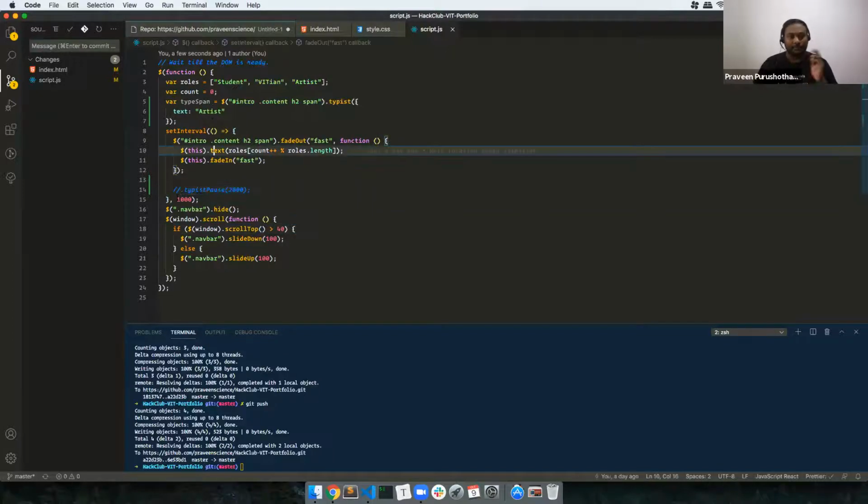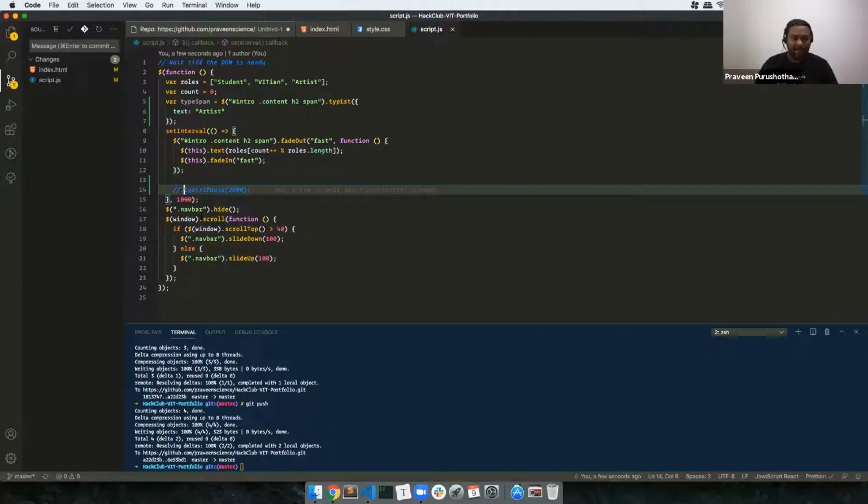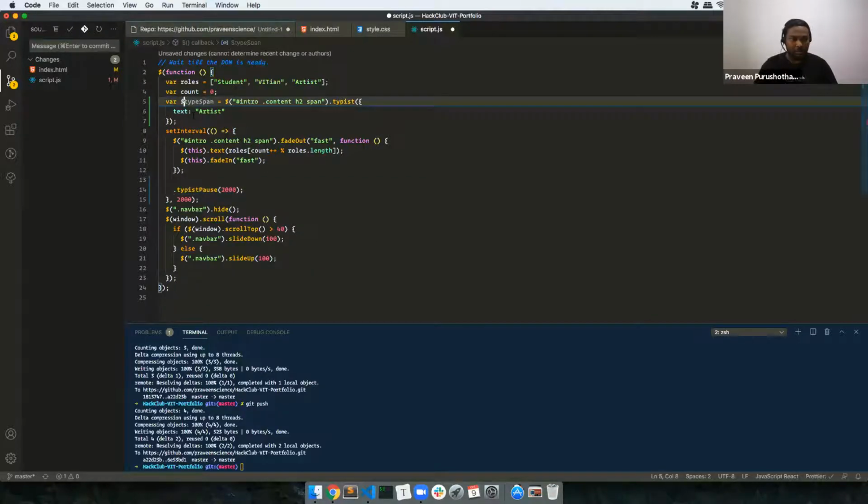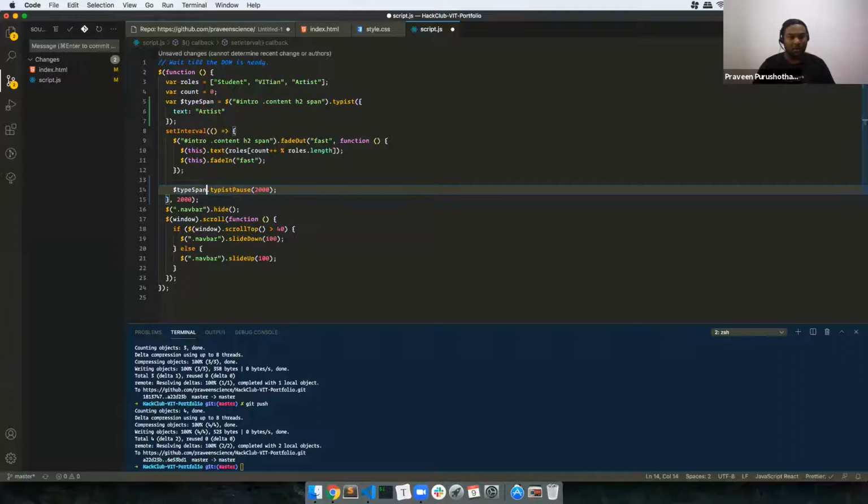Okay. So this type span. Every 1 second or maybe every 2 seconds, since it's a jQuery based thing, I'm just going to put a dollar in front of it. There is no other reason; both do the same thing. I'm using dollar because it's a jQuery object. Every 1 second, after 2 seconds, I'm asking it to pause. Already I'm asking it to pause, right? So I don't need this pause anymore.